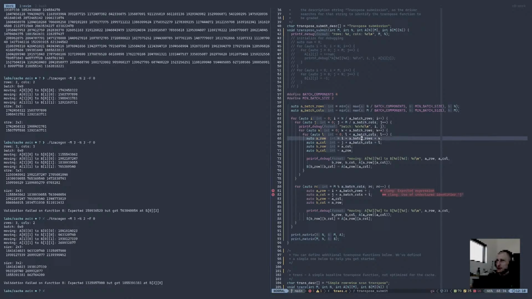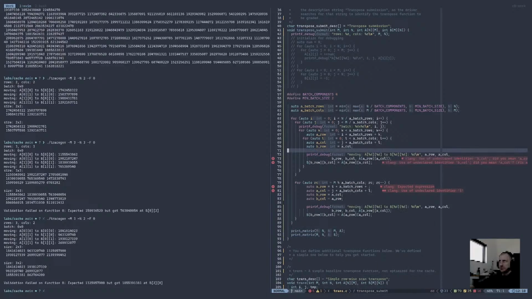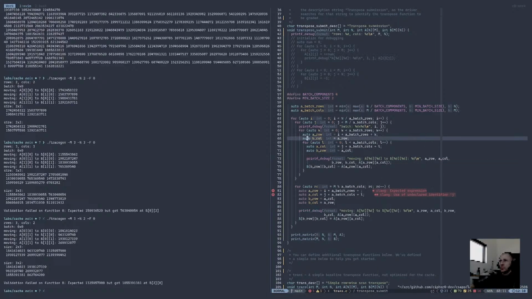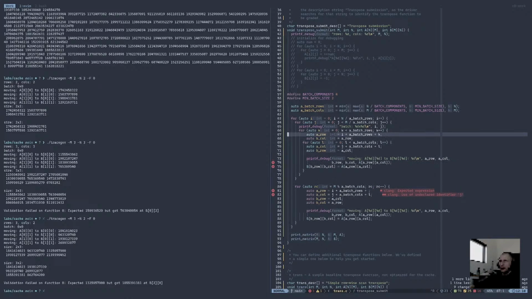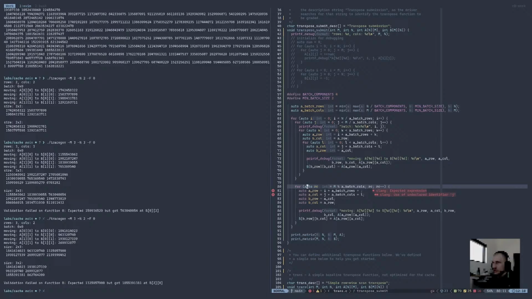We should pull these things up here. So this has a dependency on I and K. So this should be done up here, along with this one here. And then this has a dependency on J and calls L. So we need to do it on the inside here. Sorry. So here we're saying the remaining columns, we're going to do M mod